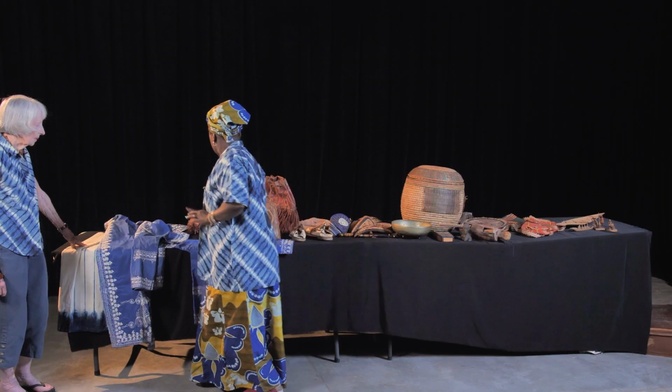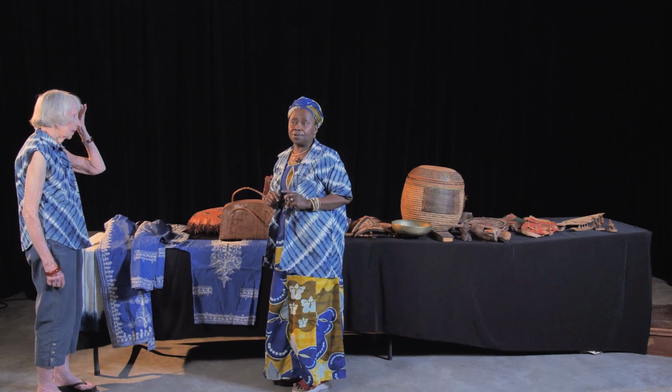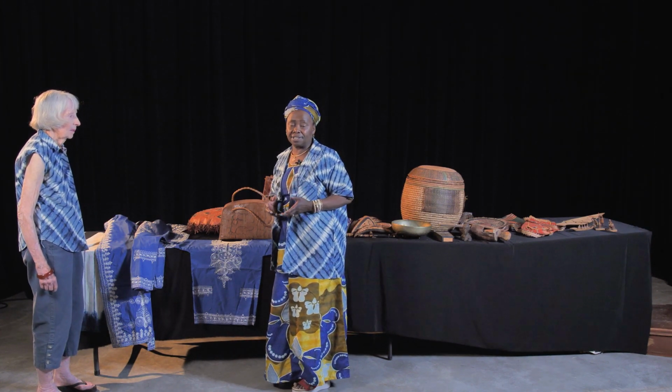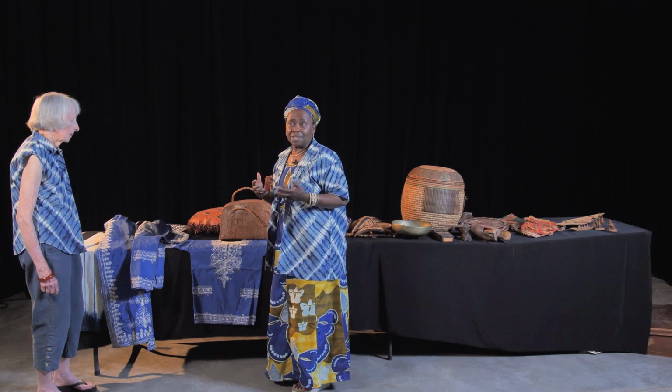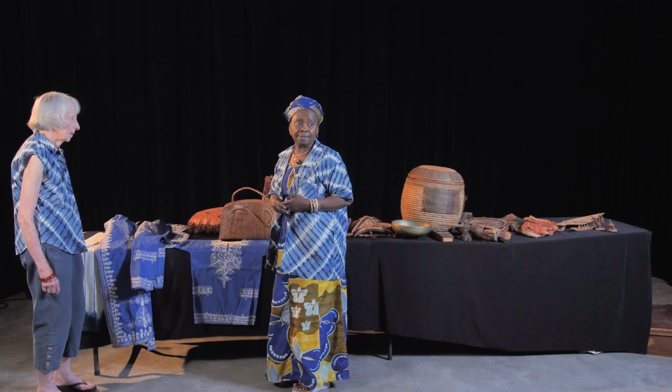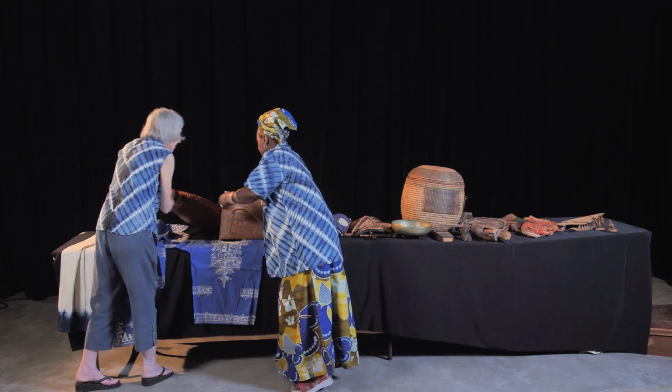Okay. Another art form that is very popular in the north, because in the north is where we have most of the cattle herdsmen and women. So what do we do with the hide? They use that to make bags and shoes and purses and these